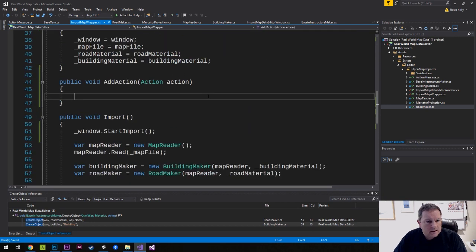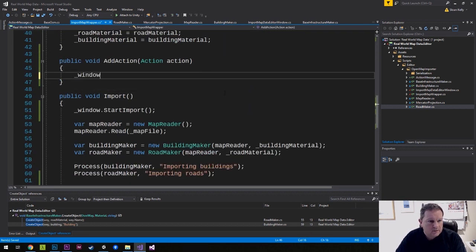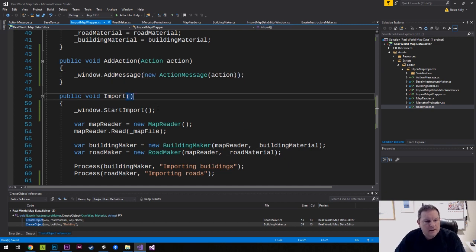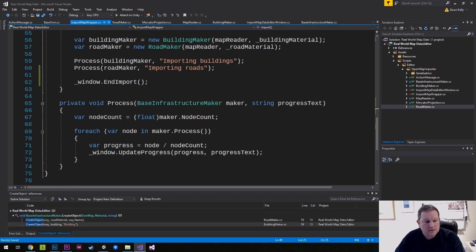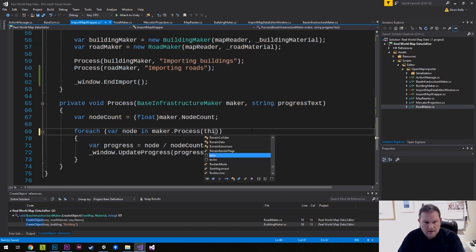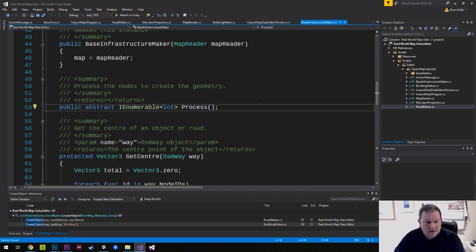And then that is going to be window.add message, new action message, action. And then for process, what I want to do is pass in this class. Ideally, you probably want to make it an interface rather than just the wrapper, but for this purpose, it's fine. Import map wrapper,